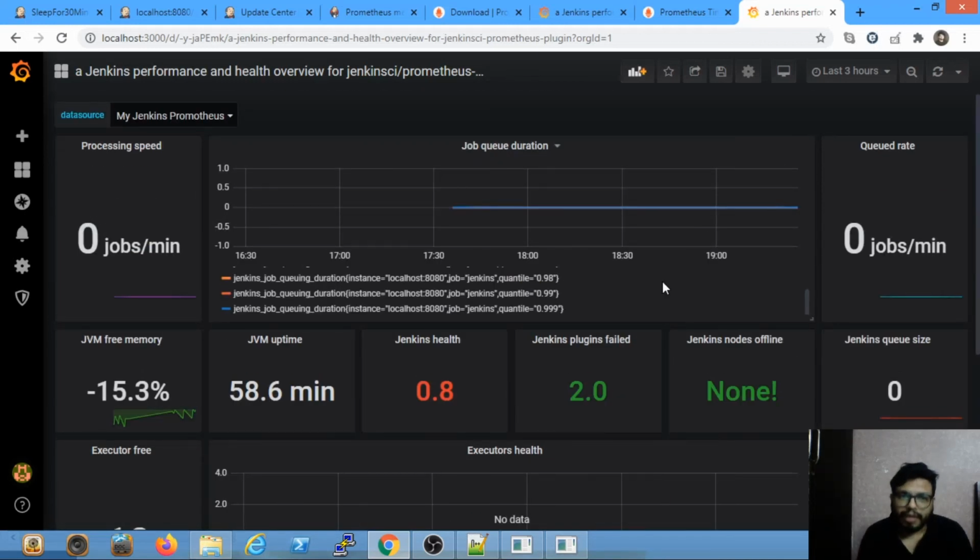So this is how you can integrate your Jenkins instance with Prometheus. Prometheus will collect all the information, all the data from your Jenkins, and this data will be visually shown in Grafana. This could be really helpful if you are running multiple Jenkins instances for your CI/CD and you want to monitor everything, your Jenkins health check or job health check, everything, right? So all of this can be controlled and monitored in Grafana.